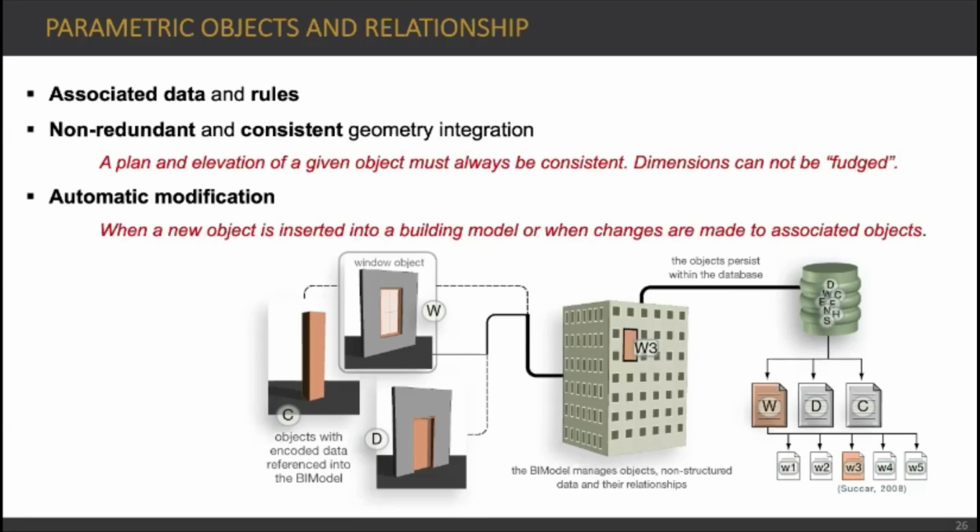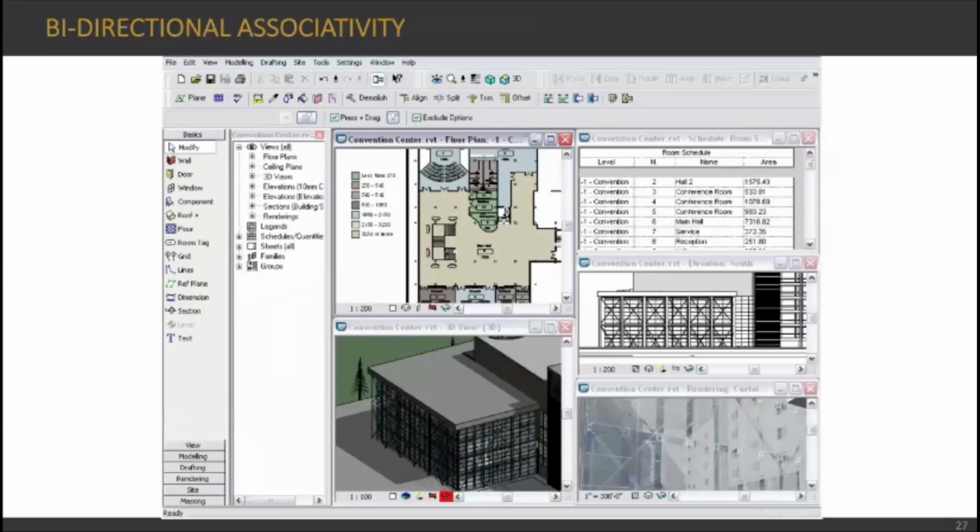And if a related object is modified, the other associated objects are also automatically changed. So, for example, a plan and elevation of a given object must always be consistent. Dimensions cannot be fudged. Or when a new object is inserted into a building model, or when changes are made to associated objects. Another important thing here, since we store all the data in a central file,